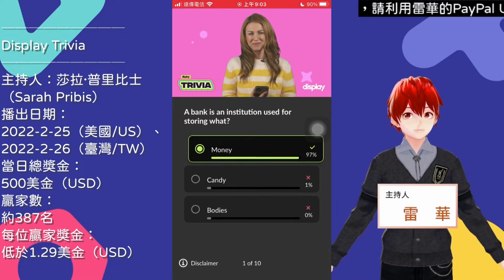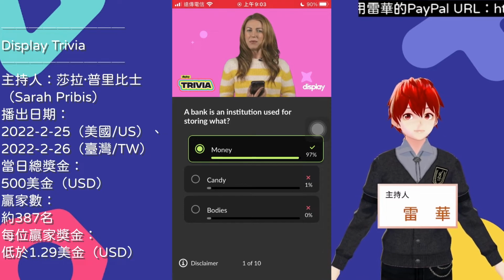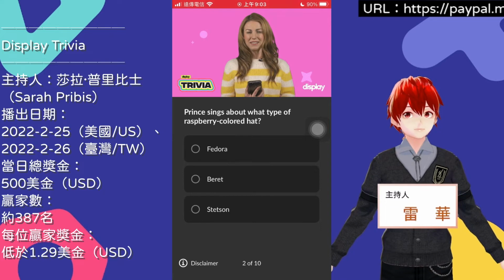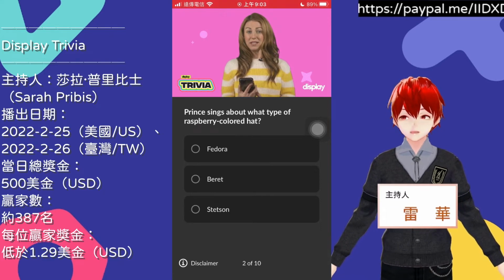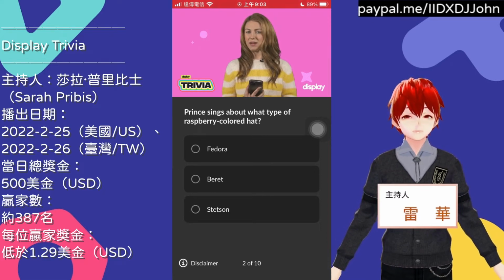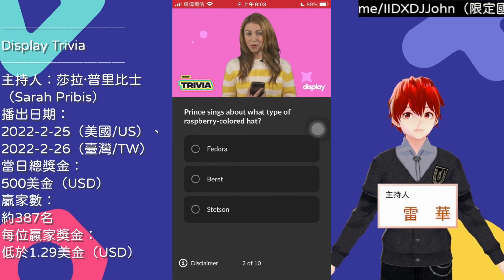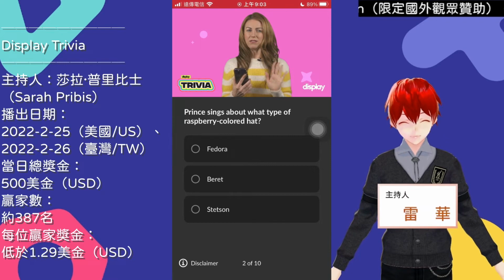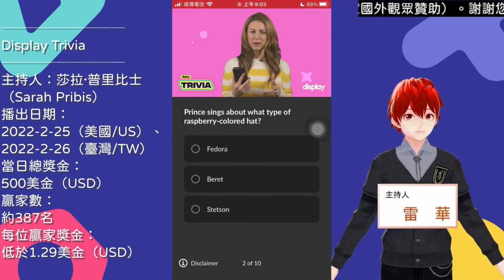Question 2. Prince sings about what type of raspberry colored hat? Fedora, beret, Stetson. I should say, we don't know if Prince maybe wrote songs about other hats that never made it to the final,